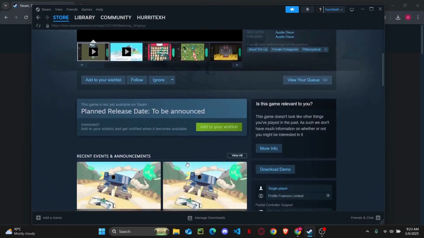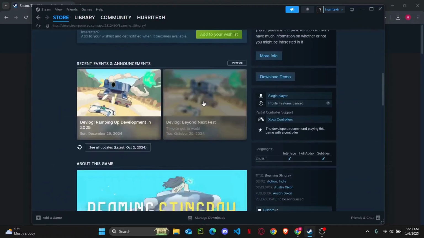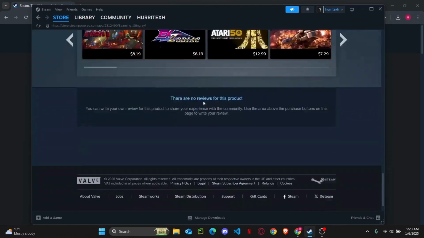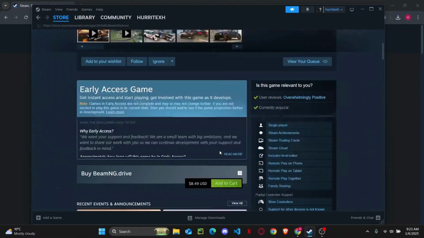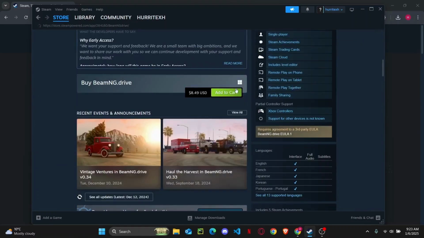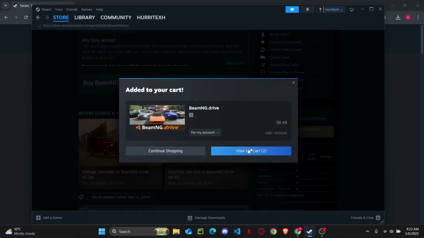Go ahead and scroll down. You can add it to your wish list, or if you want to know more about the game, you can just scroll down. So once you find the game that you want to download, you can just click on add to cart like this. Now if you want to access your cart, you can directly do it from here